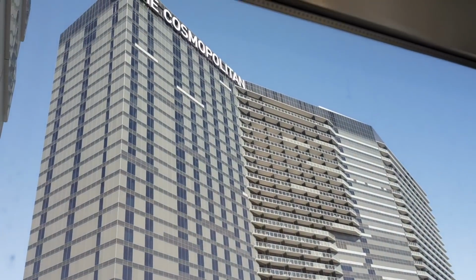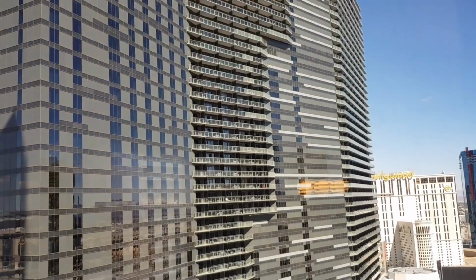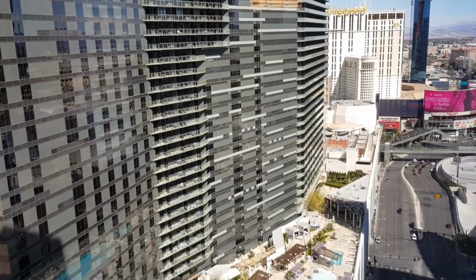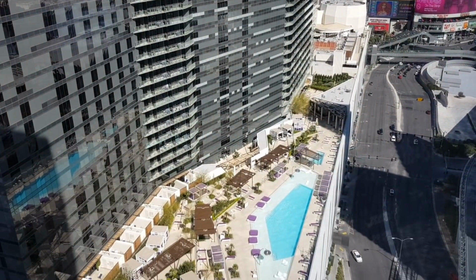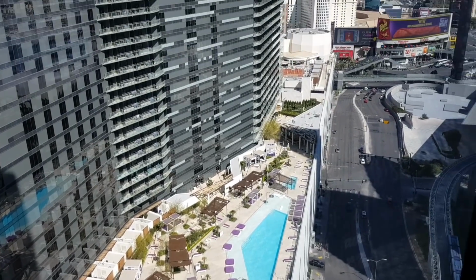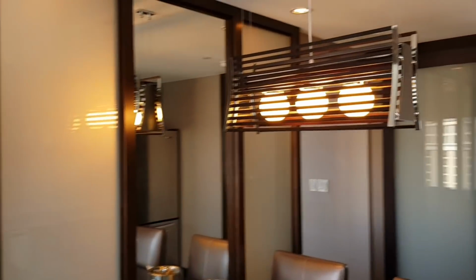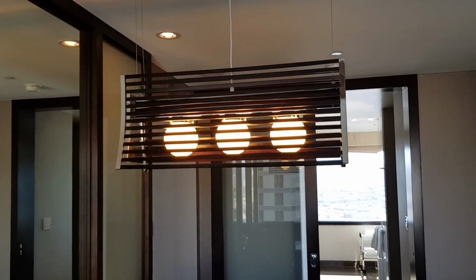You've got the Cosmo next door, and you can see the pool down there. Actually, it looks smaller than I thought it would, the pool there. I don't know if that's all there is or whether there's more the other side. I'm not sure, having not stayed there. But then you come in to this area, which is basically kitchen dining area